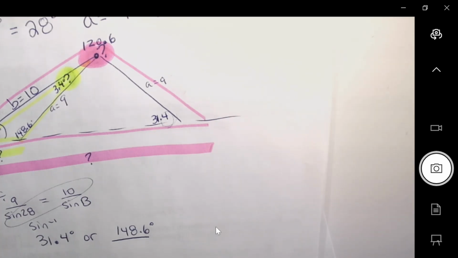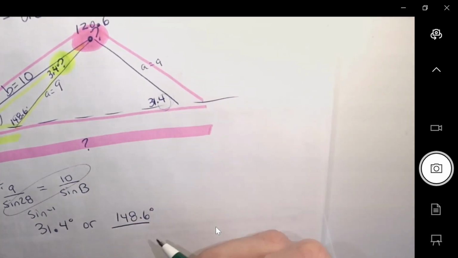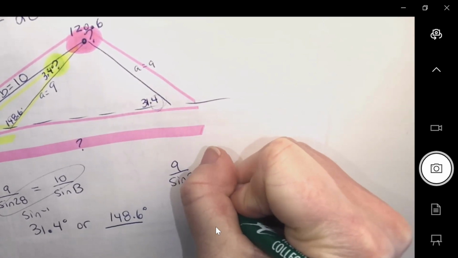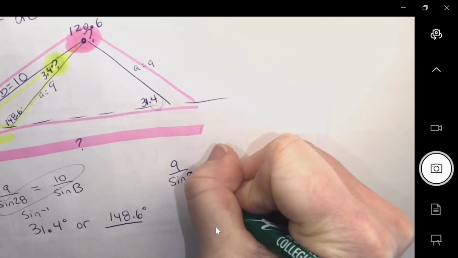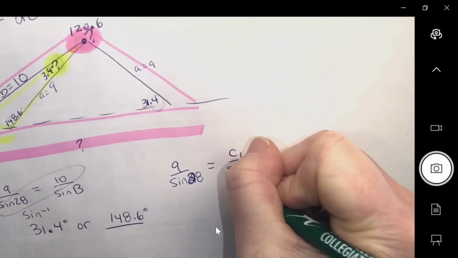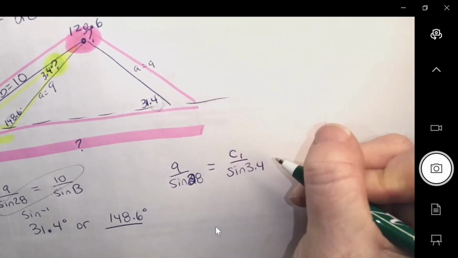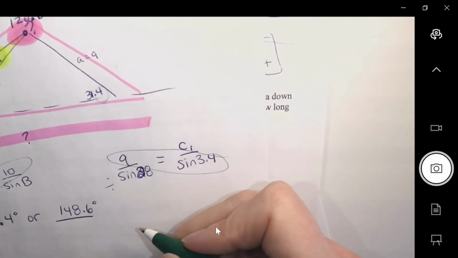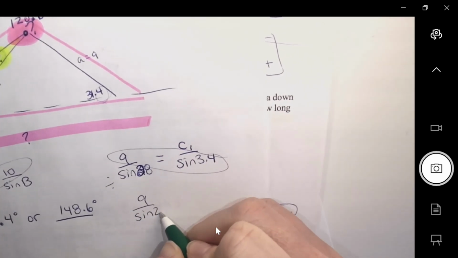Okay, so then I got a 3.4 degree in the yellow, and I got a 120.6. Those are good? Okay, and then you're going to have to set up sine law again. So 9 over sine 28, not 38, 28, equals C1 over sine 3.4 times divide. Same maneuver